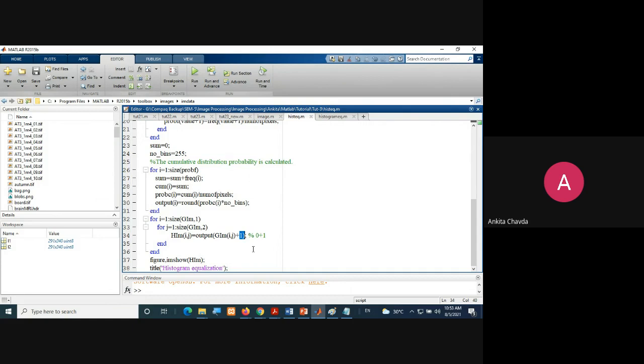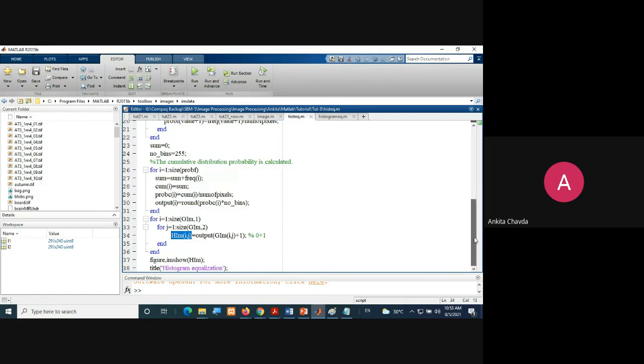GIM of ij means 0th gray level, suppose, but I want to take the value of output of 1, right? Because that is stored as your 0th intensity. So that I'll get, and that I'll simply put into my HIM of ij. Okay, and I'll end it.